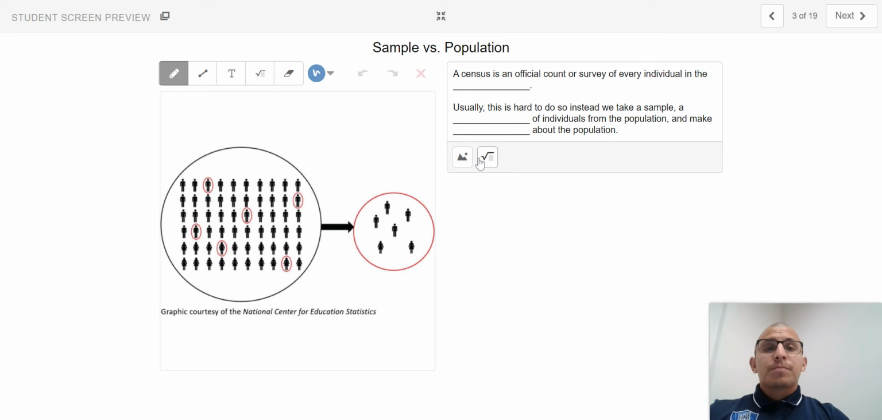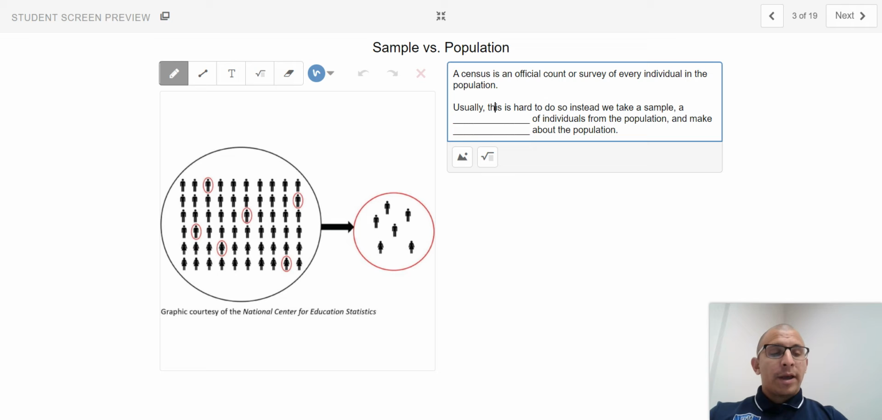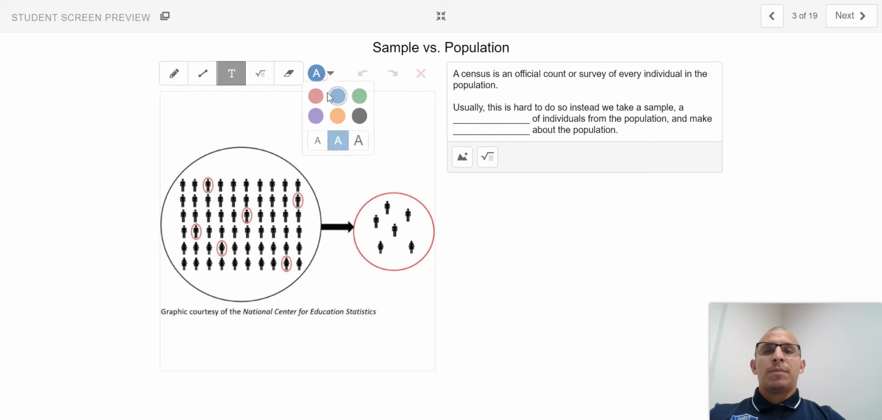All right, so to start, we have a census. A census is an official count or survey of every individual in a population. You might have heard this when every so often the United States collects their census data to get a good estimation of how many people live in the United States so that they can allocate funding, so on and so forth. So our population, red,